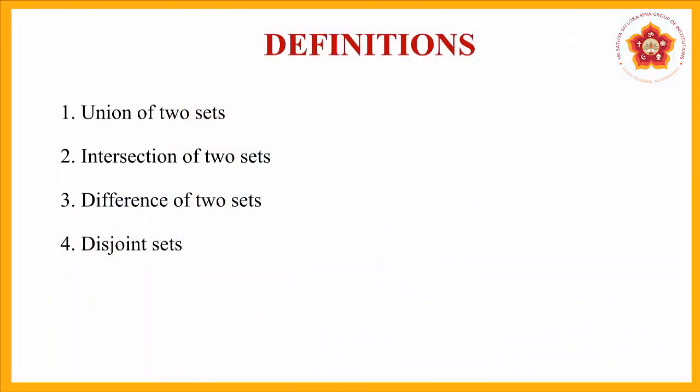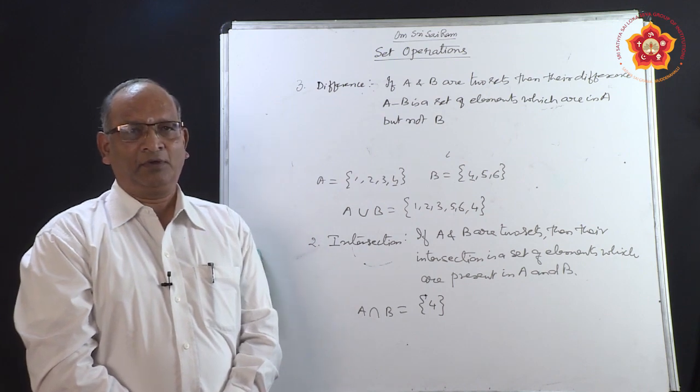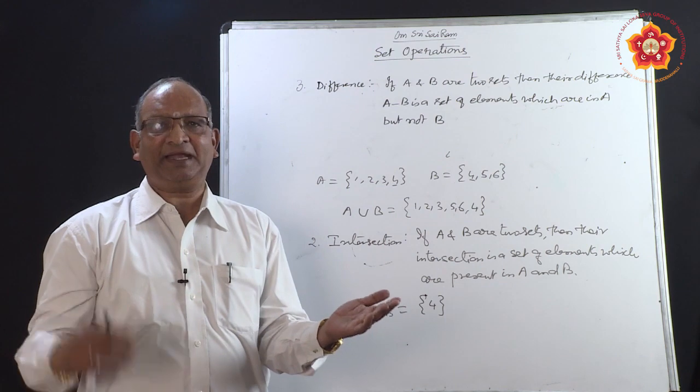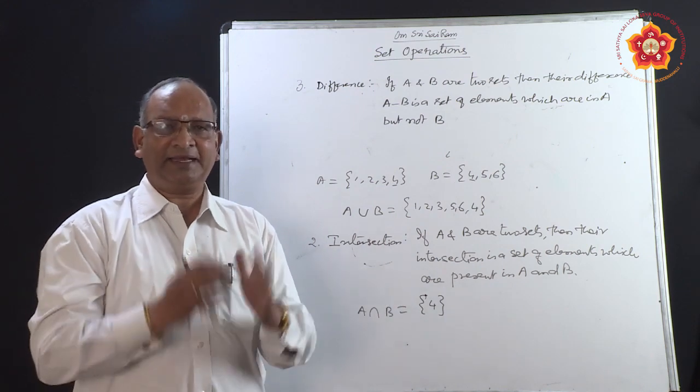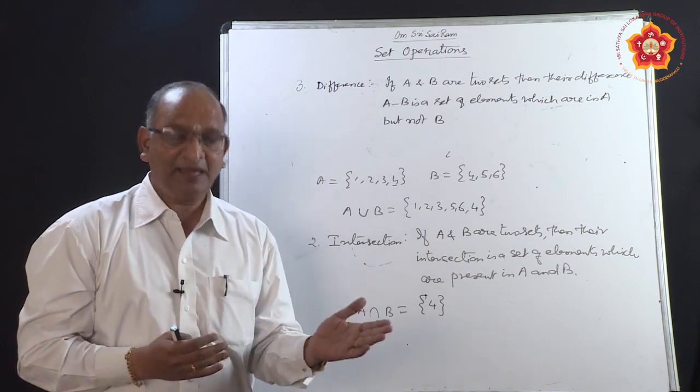From here we move on to the third operation, which is called difference of two sets, more like subtraction of sets. So, how do we define difference of two sets? See the third definition, difference of two sets. This is the third operation on sets. If A is a set and B is another set, then A difference B is a set which contains the elements which are in A but not in B.